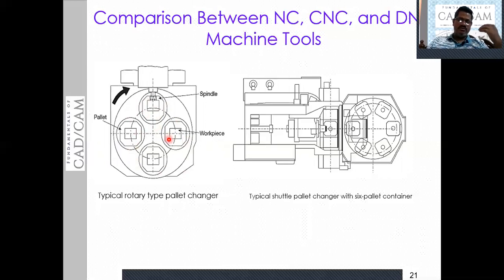Instead of removing the workpiece, fixing the new workpiece and again engaging that workpiece with the tool, during the machining time itself, the operator can fix or load the raw workpiece on this pallet. After completing the workpiece at the work zone, the raw workpiece will be engaged with the spindle. So this is the use of the automatic pallet changer. In turn, this automatic pallet changer also reduces the idle time of the machine and increases the machine utilization.